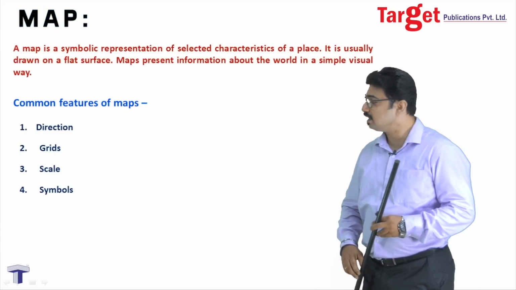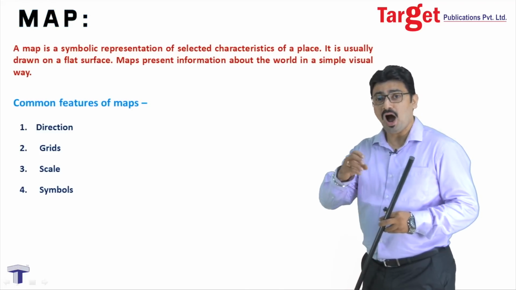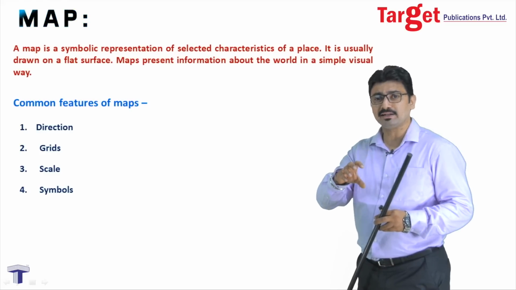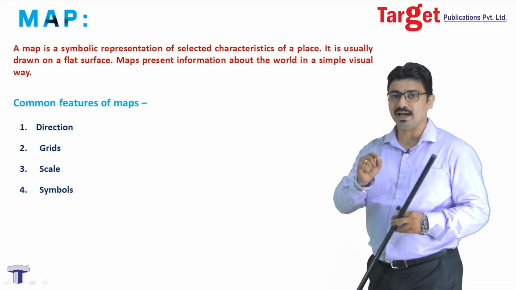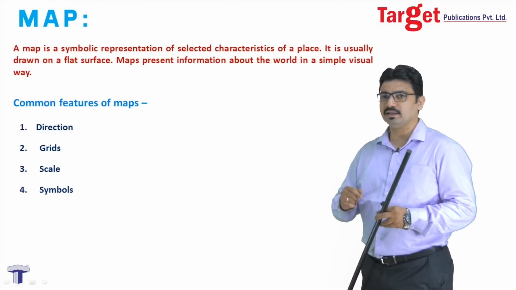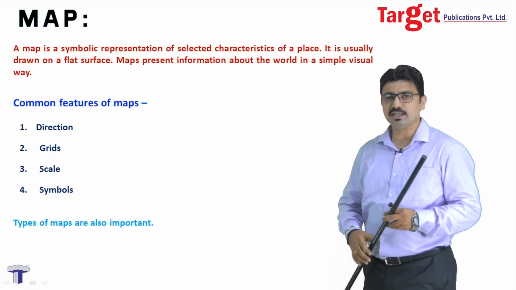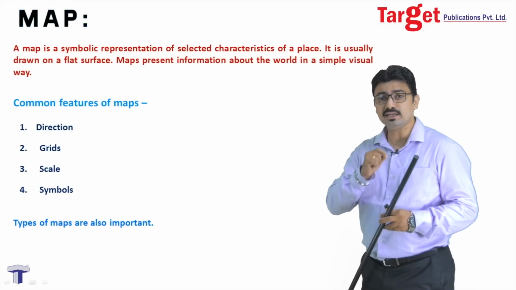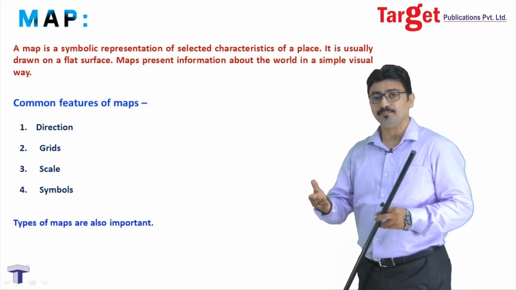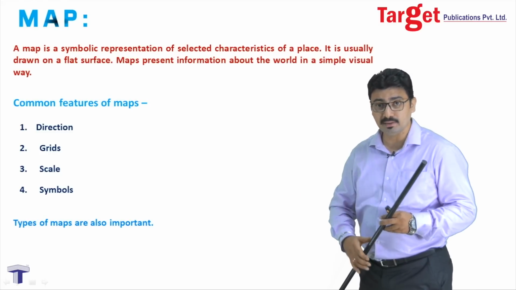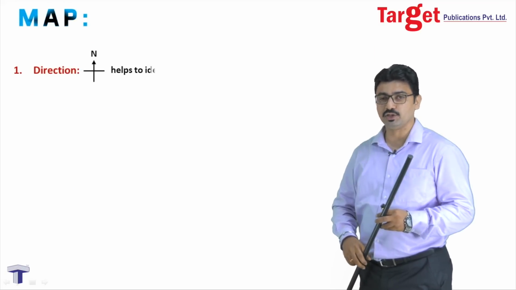The third important thing is the scale. Scale tells us how the given map is actually connected with the real distance on the earth. This relation is highlighted by the scale. And last but not least, an important feature of a map is the symbols. Various different symbols are used to represent various different things, like population, animals, crops, etc. Each one has a particular symbol associated with it, which we use in maps to represent these features, right?